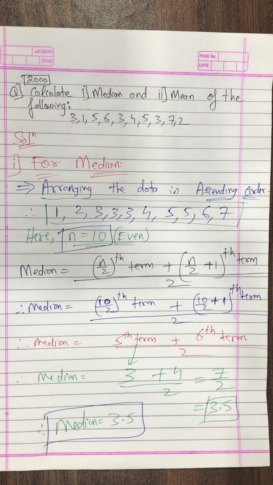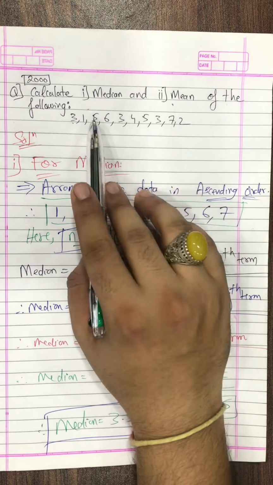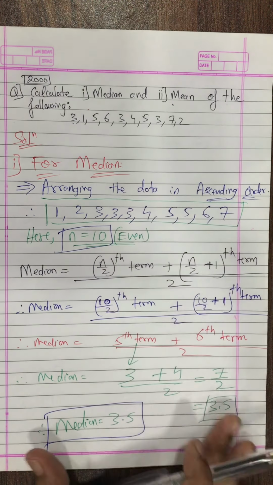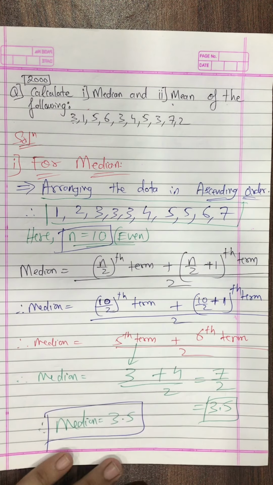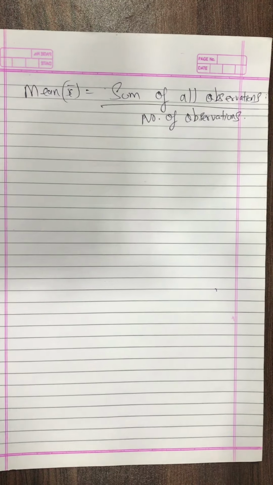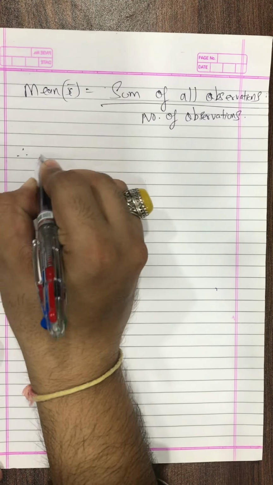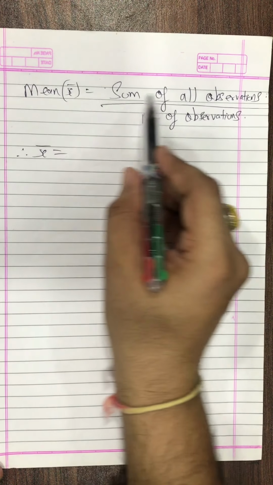Therefore, my median is nothing but 3.5. I got my answer. But there is a second thing also: the mean of raw data. First, please do this, all of you. You have to write the formula and everything, leave lines between every step, and very quickly in the next screen I'll find the mean. Do it fast. Okay, students, now I'm finding the mean. Therefore mean x bar, the formula is sum of all observations. I have to add everything.